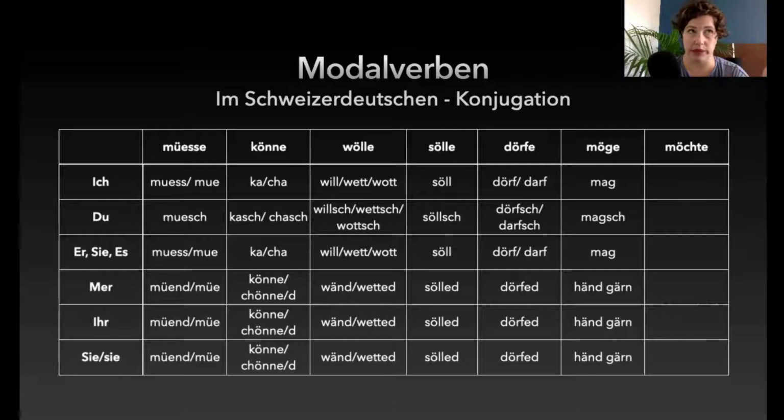Mögen, to like, ich mag, du magst, es mag. And then plural would be wir mögen. Wir mögen gehen einkaufen. Wir mögen Marvel. Aber das sagt fast niemand. Almost nobody says that. It's way more common to say wir haben gern. Wir haben Marvel gern. Wir haben den Fritz gern. Also we like Marvel, we like Fritz, which is a person. Ihr habt gern und sie haben gern.